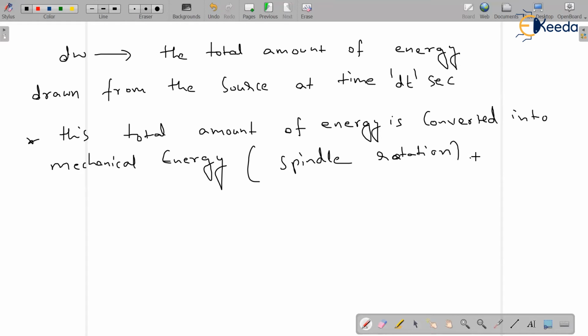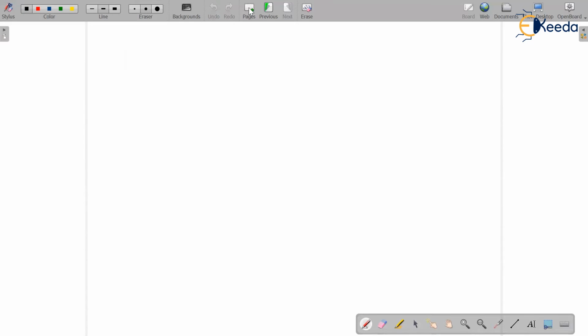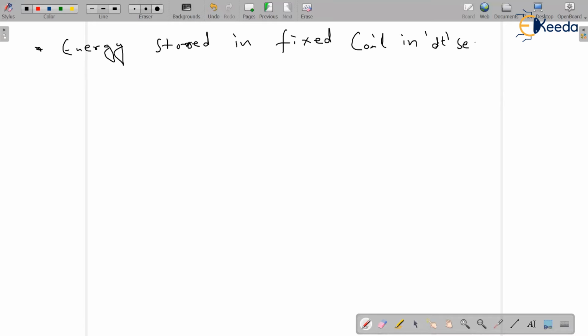Then next, energy stored in the fixed coil in dt seconds,